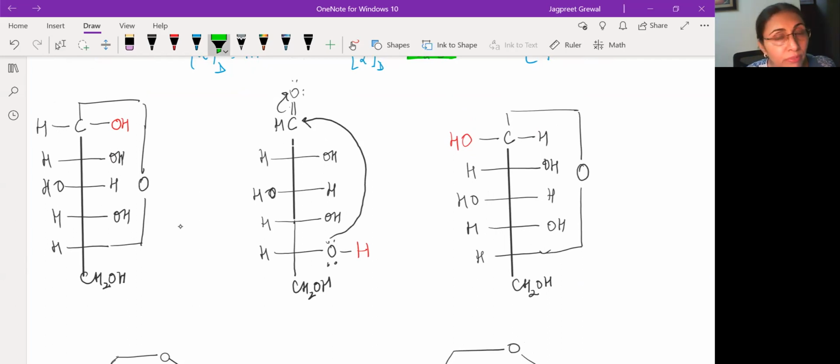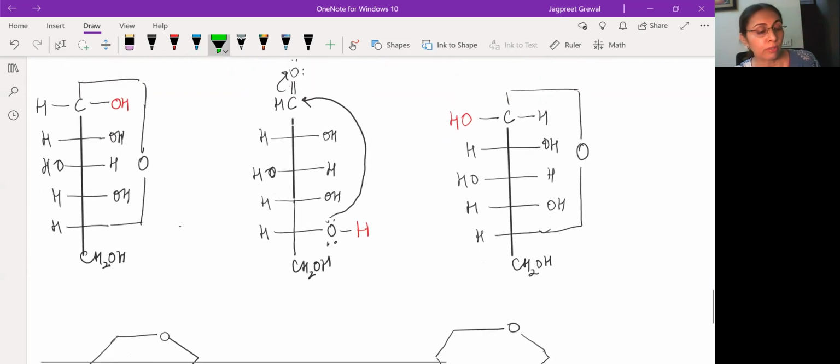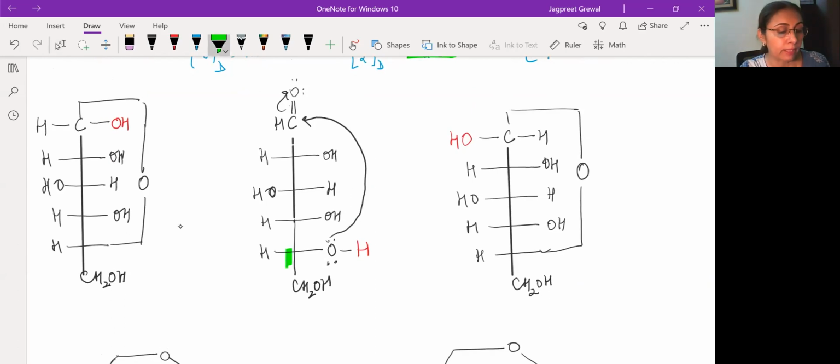And we have done in the chapter of aldehydes and ketones that hydroxyl groups, alcohols, react with aldehydes to form hemiacetal, which is followed by the formation of acetal. So why not over here? The acetal is formed by the reaction of the OH group on the fifth carbon with the aldehyde. The lone pair on oxygen attacks this carbon, whereas the pi electrons shift to the oxygen, and this